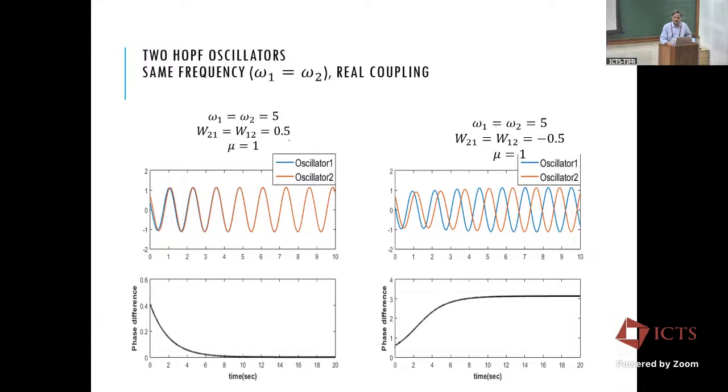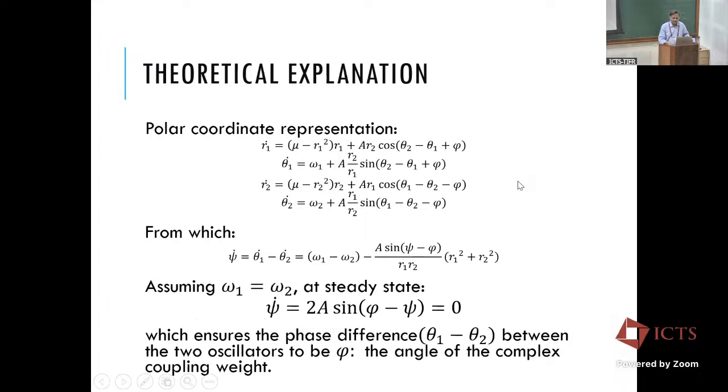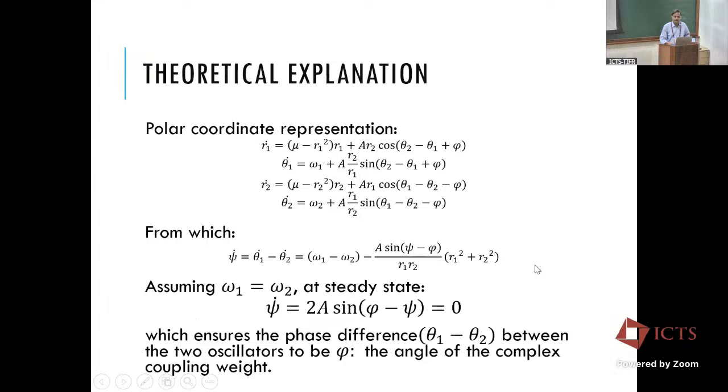That's kind of sad, because we want to construct a general network. Ultimately we want to make it look like a brain model, a whole brain model. Whereas if you take two oscillators and couple them, you only get 0 or pi. That's very restrictive. You should be able to get any arbitrary phase difference. So how do you do that? Just make use of the fact that the coupling is a complex number. Then it's symmetric but conjugate, right? They form conjugate pairs because the matrix becomes Hermitian. Then you can easily show that the angle of that coupling, phi, is equal to the phase difference psi. It's very simple algebra.